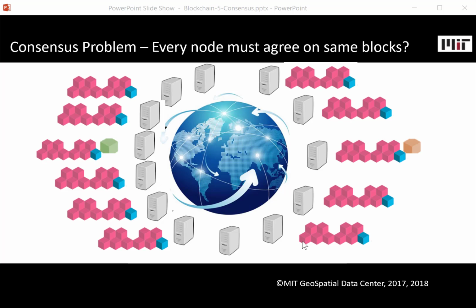Hi, I want to give a quick overview of the consensus problem that must be solved to maintain blockchains in a synchronized state. So here I'm showing two blockchains that are not synchronized, that they've chosen different blocks. And so we have this consensus problem of how do we arrange so that even in an asynchronous network where the only means of communication is by sending messages that may or may not be delayed, how do we ensure that we can drive consensus? So that's the problem.